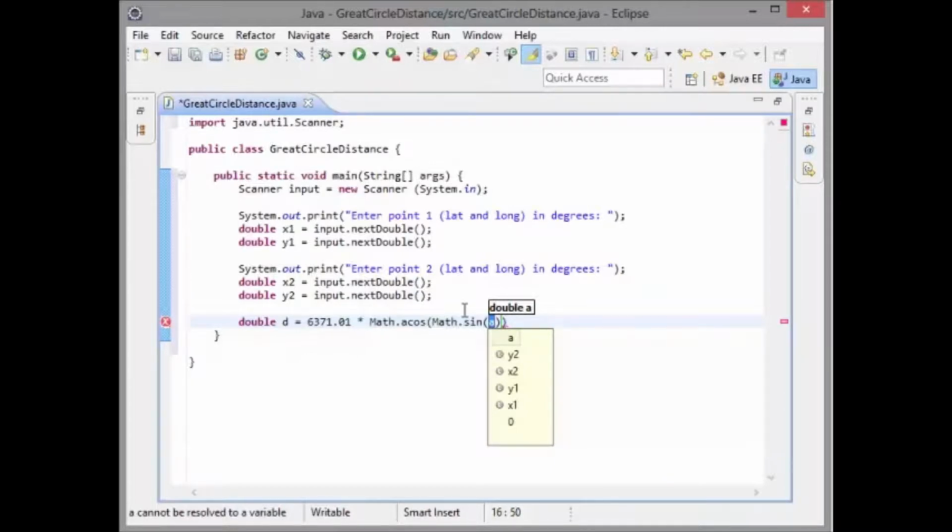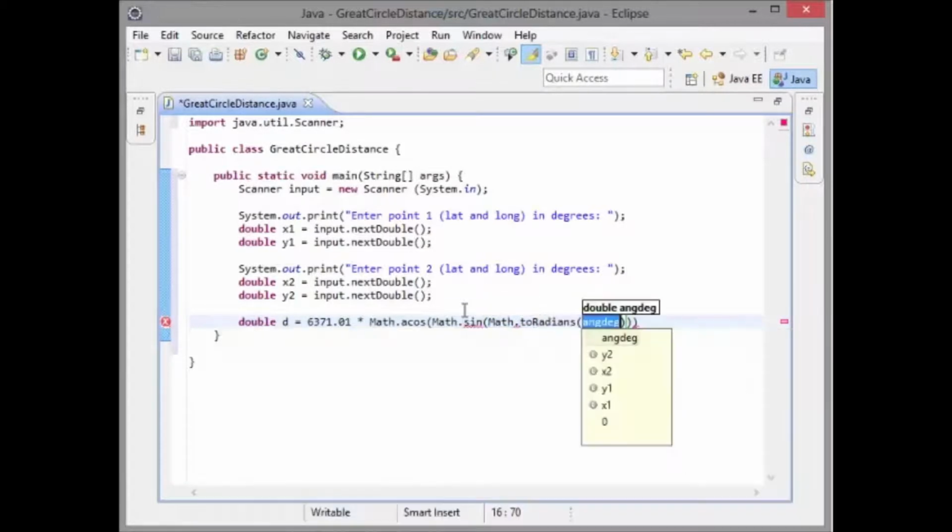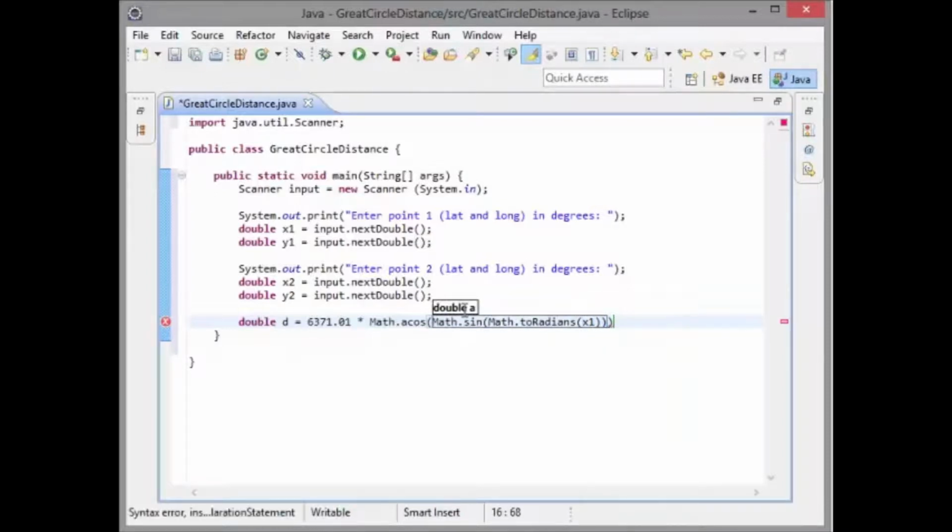And luckily, Java comes to the rescue again with a method inside Math, toRadians. So what we're going to put in here is the variable x1. We're going to come out of 2 layers of parentheses now, so we're still inside our acos method, and we're going to multiply this by Math.sin, again convert to radians,